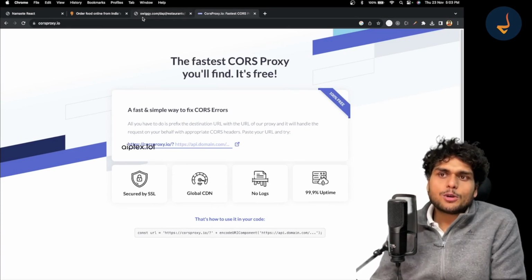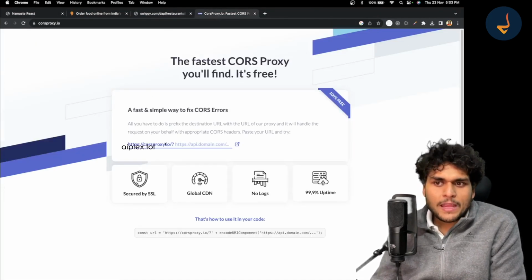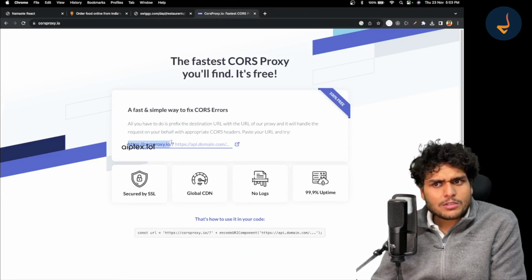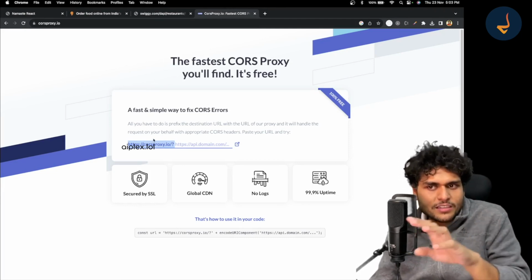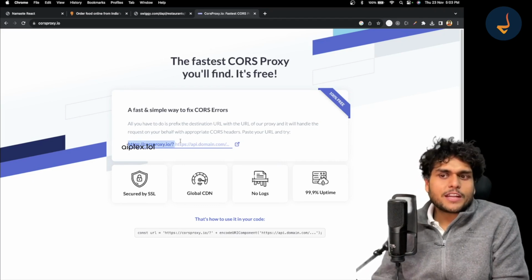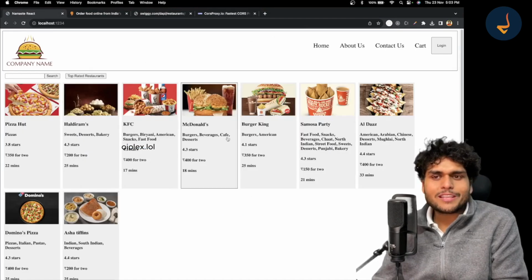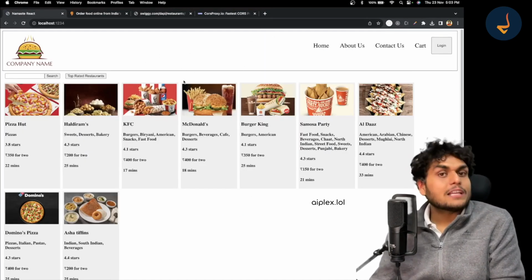Okay, so you can bypass this CORS issue by using this corsproxy.io. There might be other services also. If you go to Google and see, there are other websites also which do the same thing. Okay, but this corsproxy.io works perfectly fine. So this is what you can do, and you can use it without the CORS plugin as well now.